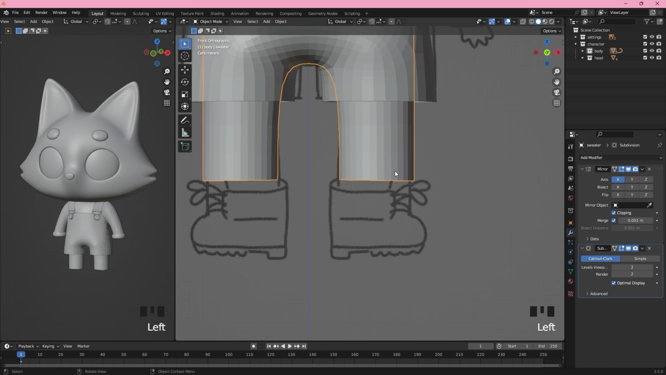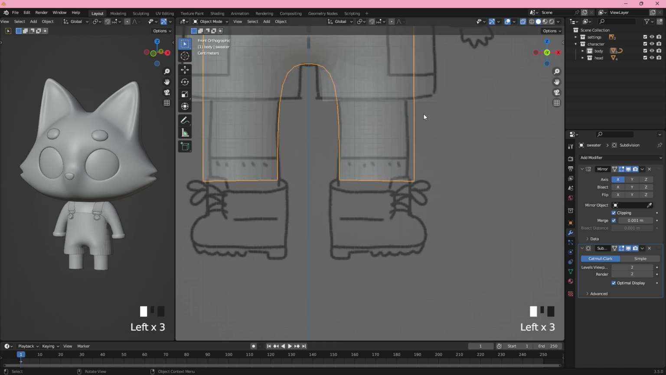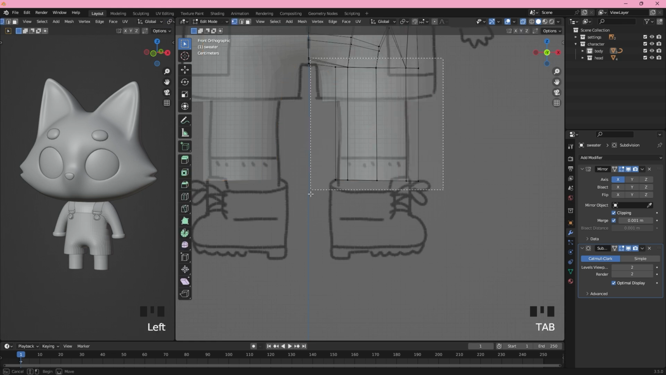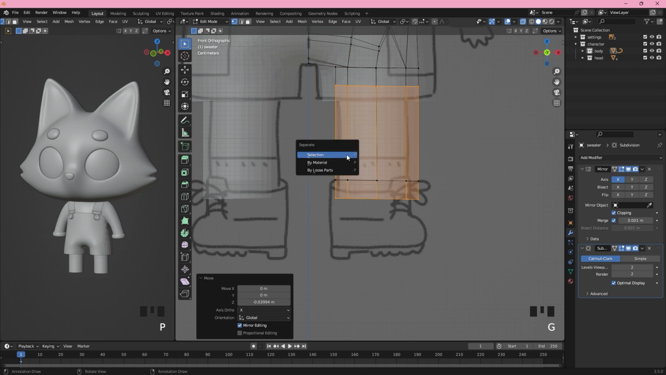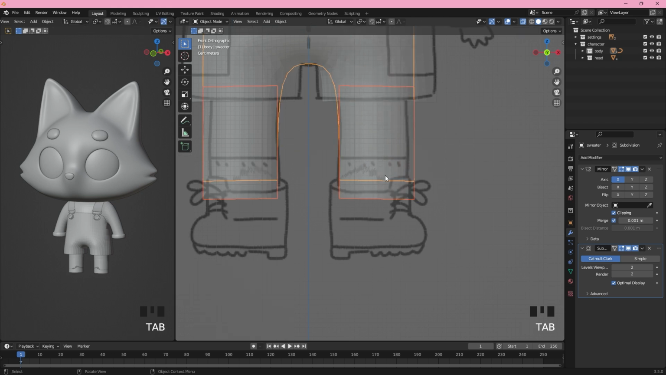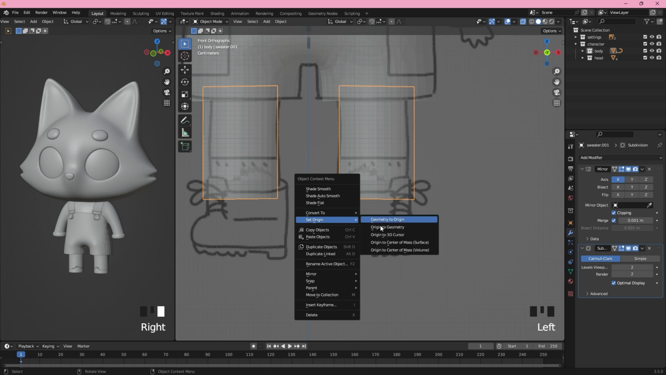So we click on the legs, and then with the toggle X-ray view on, we go into edit mode with Tab. And I'm gonna select all of the faces, and I can press Shift D and right click to apply the duplication. And while I'm still selecting these duplicate faces, we're going to press P to separate the two meshes and choose by selection. Then I right click on my shape and set the origin to geometry, and